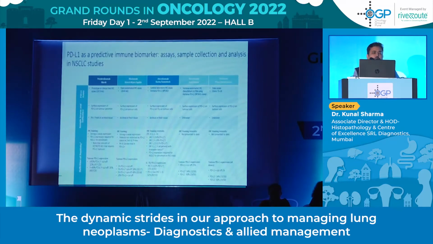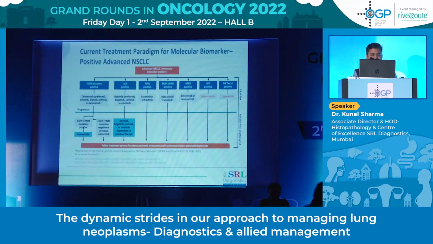Certain pertinent points to note is that whenever you're evaluating for lung, lung is special because we give the TPS score, as inflammatory cells in a lung tumor are pretty less, and studies have said that TPS score correlates better with the overall survival. Also, you should always be careful that you don't include necrotic areas in your counting, because they can stain very strongly for PDL1.